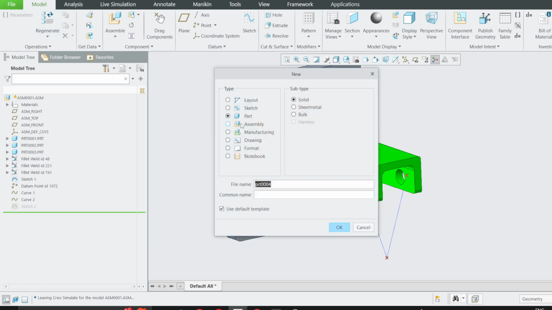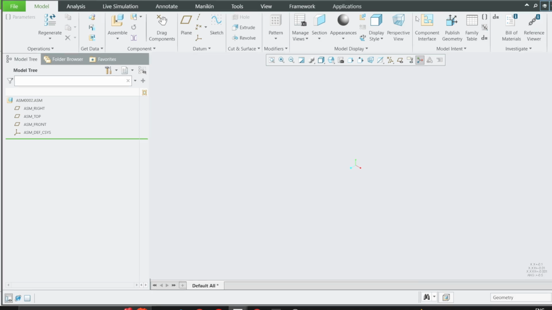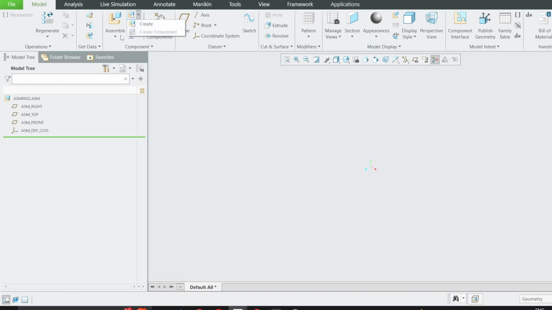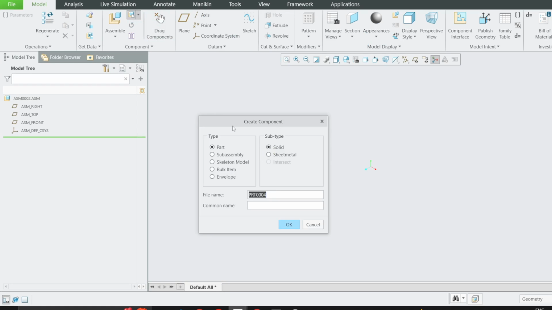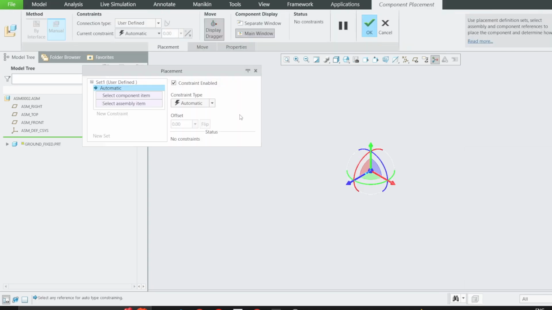I'm going to start with a new assembly in Creo, and I'm going to insert the first part. Maybe you can call it ground, the one that will be fixed. And you can use default for now,